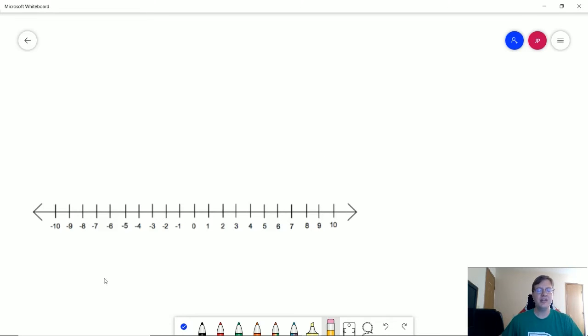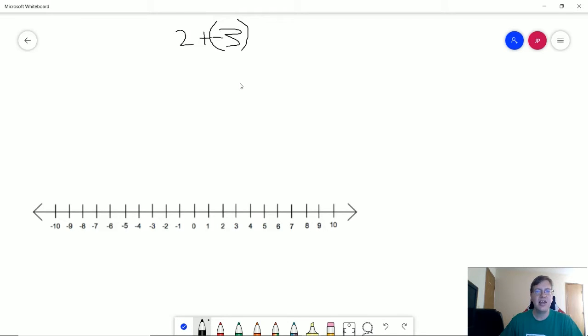So here is my number line. I'm going to try to model as much of this as possible on the number line, as well as give you different examples that you can think about. So the first thing I want to do is go ahead and review what we've already talked about. So if I do a positive number plus a positive number, I am very obviously going to be moving in this direction. If I go ahead and change it to adding a negative number, I'm going to need to put